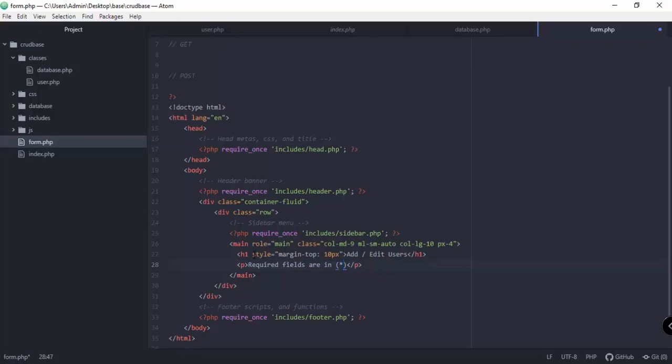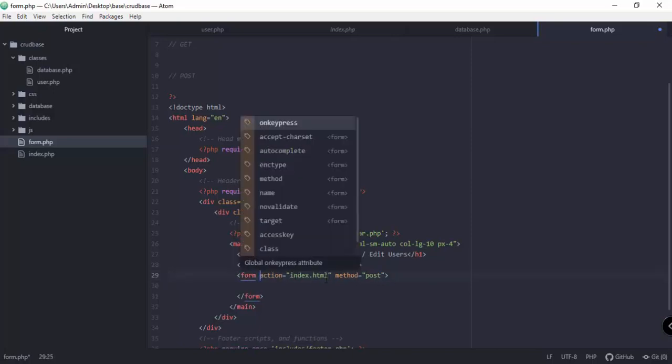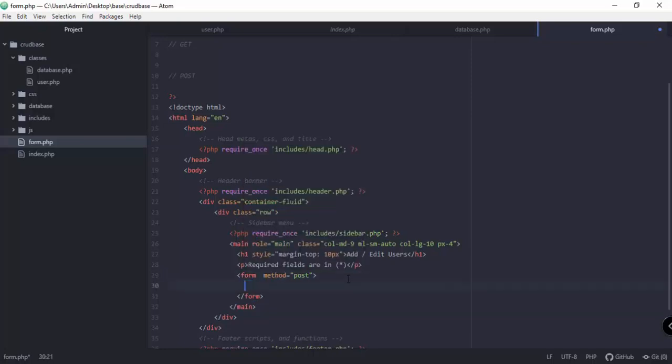Okay, so after this, we need to define the form. For now, let's just remove the class and also the action. Okay, and after this one, we need to add a division or div element with class form group. Okay, and of course, we need to have the label for our ID,